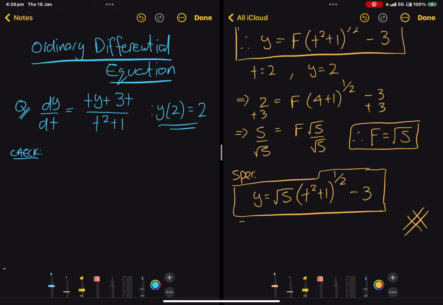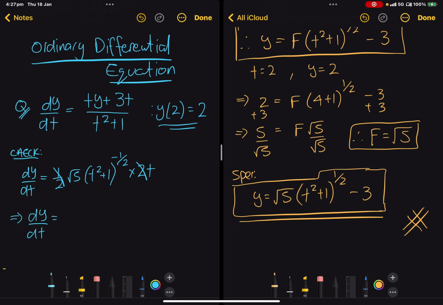So if this is y, we need to find the derivative. So dy/dt is going to be equal to, well, this is a chain rule. The minus 3 will go away because it's just a number. So we're going to have 1/2 times root 5 times (t squared plus 1) to the power of minus 1/2, all multiplied by the derivative of the inside, which is 2t. So this 2 cancels with this half. So this implies that dy/dt is equal to